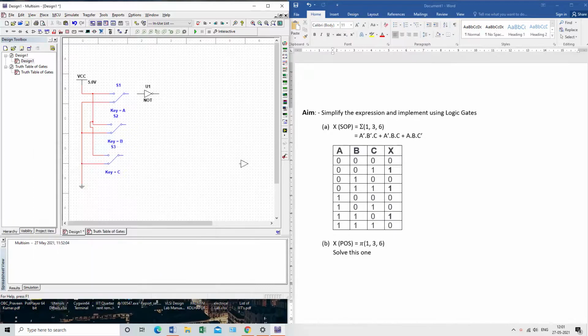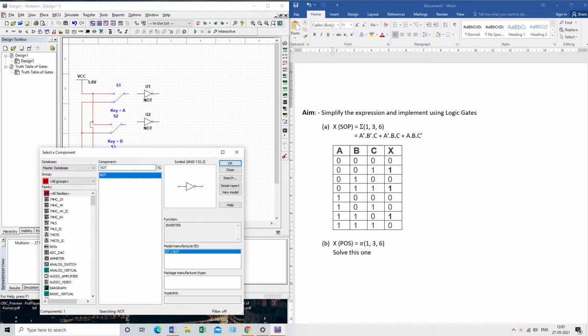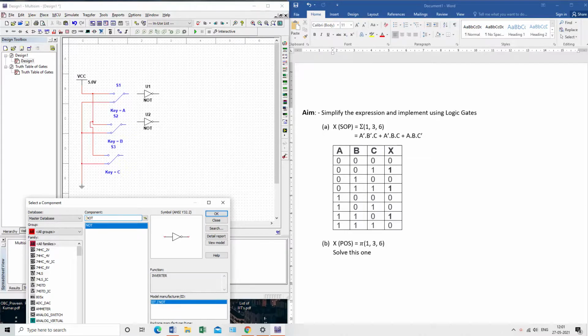I will place another NOT gate here for B. We don't need a NOT gate for C. So I will connect both of these.